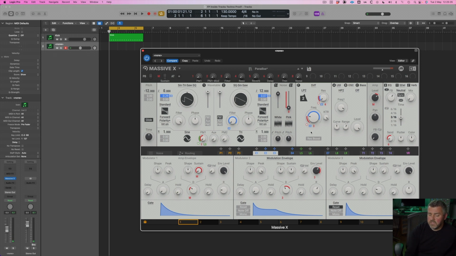Generally speaking, the way that sounds are shaped within Massive 10 is that the envelopes E1, 2, 3, and 4 are here, and E stands for envelope. So I can look across the interface, and anywhere where I see E next to a number basically means the amount of an envelope that is assigned to a particular parameter. And the way that I can adjust the amount of that is simply by clicking on it and just dragging